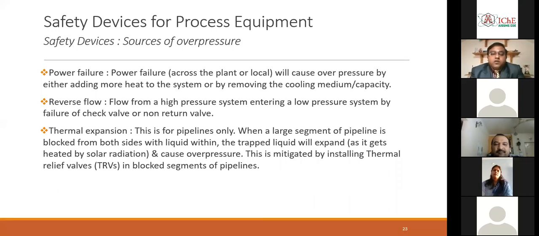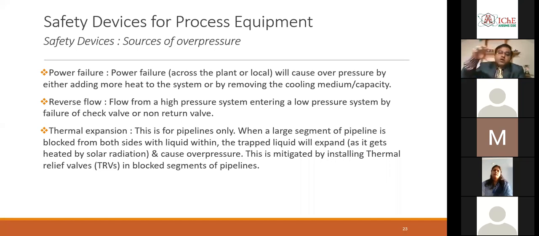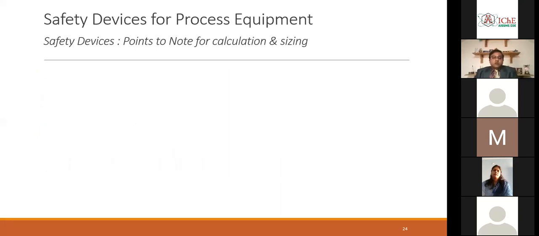To protect that, we put TRVs, thermal relief valves. The beauty is that for most thermal relief valves, for most services, we don't need to size. They are generally 1D2 valves. If you go back to the API table, for each block segment within a pipe rack, it has to cross a certain distance or certain volume of liquid to qualify to have a TRV. We just keep putting TRVs of 1D2 within that segment. No high-level sizing is required.